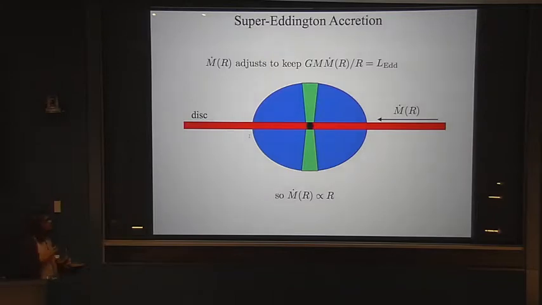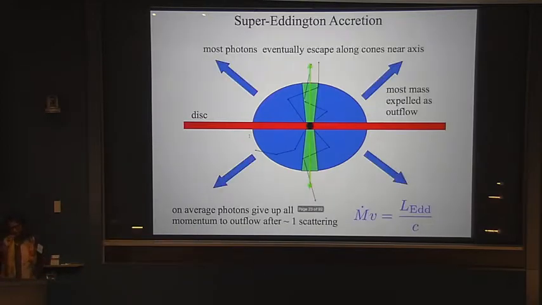So how would it work in terms of just physically understanding what's going on? So notice that in your normal Eddington accretion, you have the mass flow, and I've suggestively drawn this blue blob and this green region here, marked it out because that's where you're going to see outflows, right? So you have the mass supply rate, the accretion rate, m dot of r, and we know that in order to stay at the Eddington limit, m dot of r just has to be proportional to r, and you remain at the Eddington limit. However,